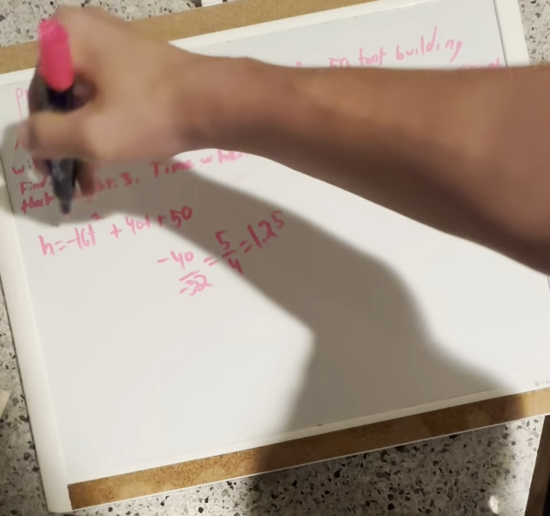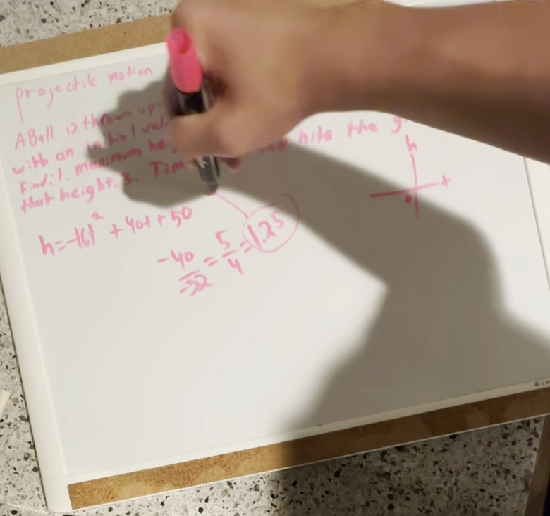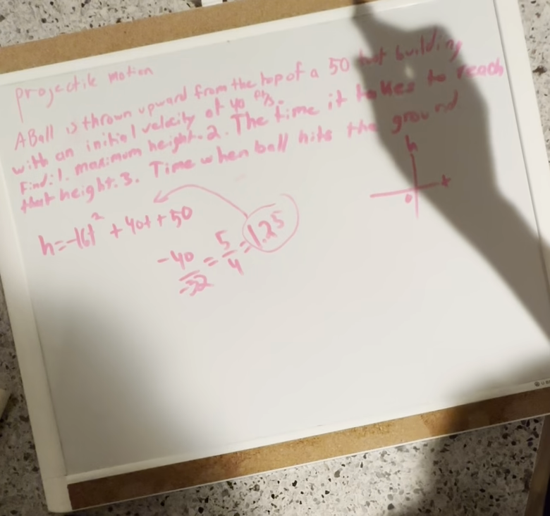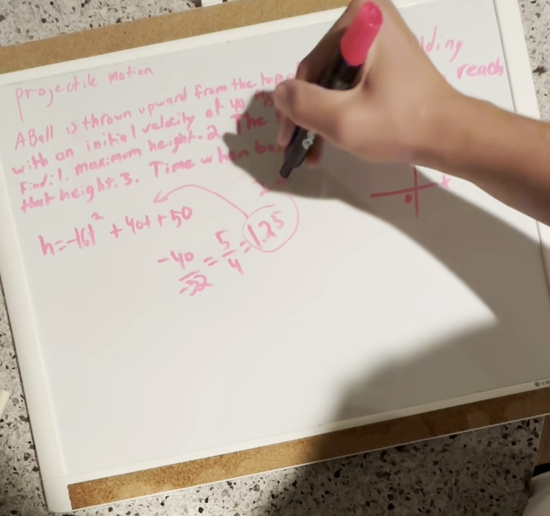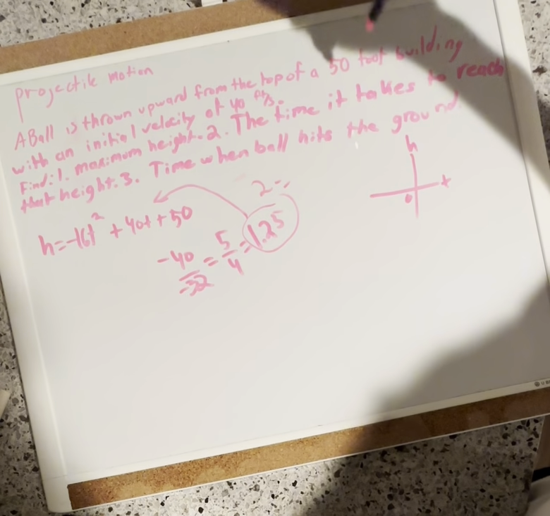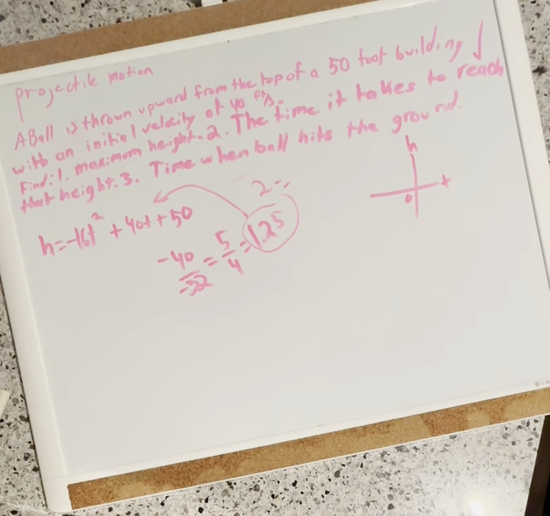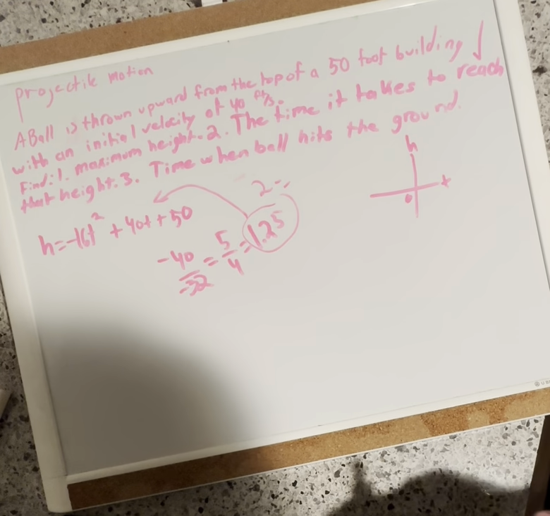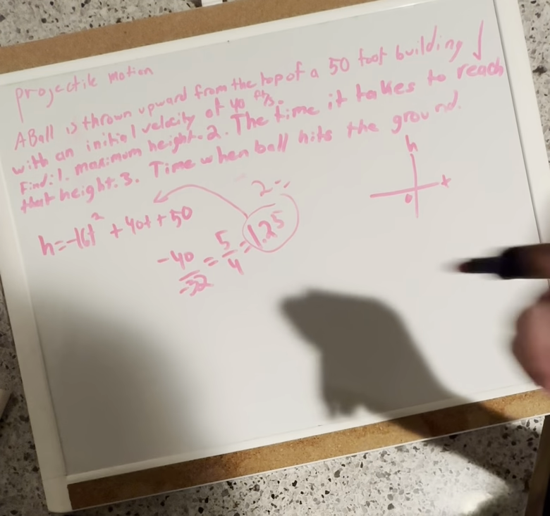Because you would have to then plug this back into this equation for t to find the maximum height. So this is 2 right here. 2 equals 1.25, the time it takes to reach the maximum height. So we can put a check right here. And then when we plug back in this 1.25, that'll be